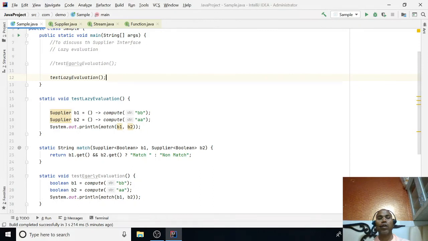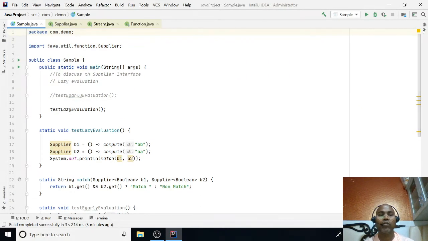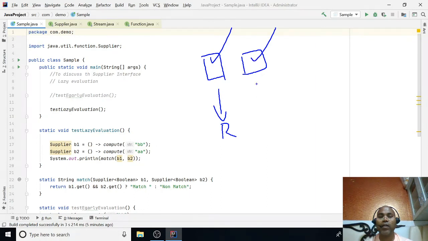Okay, so in short, whenever you need to invoke particular functions on a conditional basis, and you calculate some logic that is sometimes needed and sometimes not needed: in the case of eager evaluation, you have to evaluate both functions first, get the result, then evaluate the second, get its result, and after that check whether it is true or false, and then the result is done. But in the case of a functional interface, you have both functions,